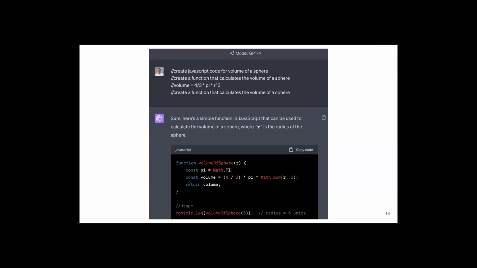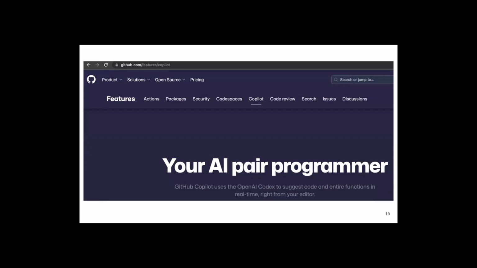And what we're really talking about is this pair programming tool called Copilot. First of all, Copilot is free for all faculty members and students. It's called GitHub Copilot, and it works on many IDEs, including Visual Studio Code.